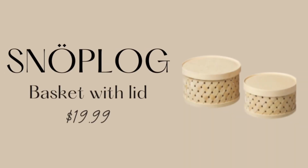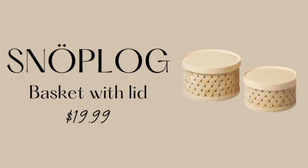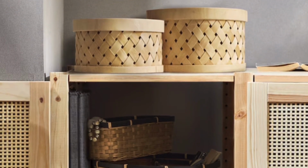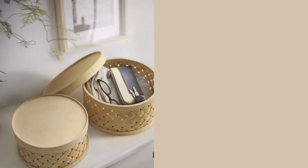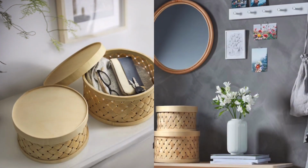The SNOPLOG basket with lid is a beautifully crafted storage solution made from natural materials that add a rustic and organic feel to your home. The hand-woven design is both sturdy and decorative, providing an elegant way to organize items in any room. The tightly fitting lid keeps clutter out of sight, making it ideal for storing blankets, magazines, toys, or any household